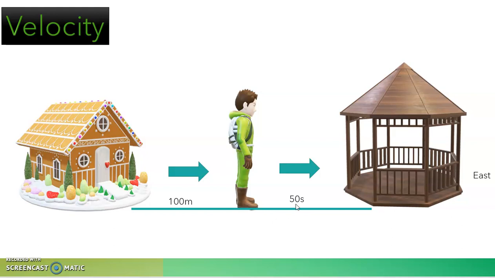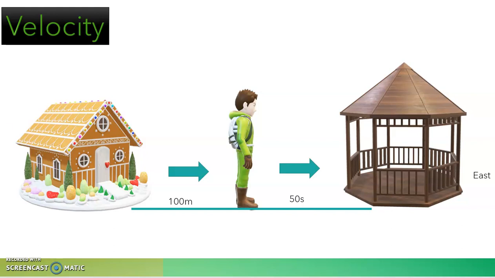So let's consider some additional situations here. Here this boy is coming from place 1 to place 2. So he travels 100 meters in 50 seconds. And again, suppose he is traveling back to the initial position, right? So in that case, the total distance traveled by the boy is going to be 100 plus 100. And say he takes the same time to come back, that's 50 seconds. So the total time taken will be 50 plus 50, that is 100 seconds. So you will be able to calculate the speed.